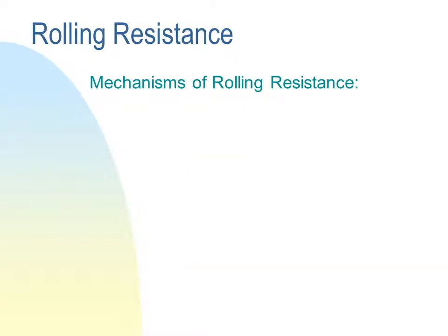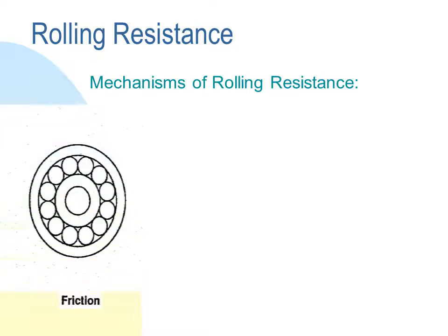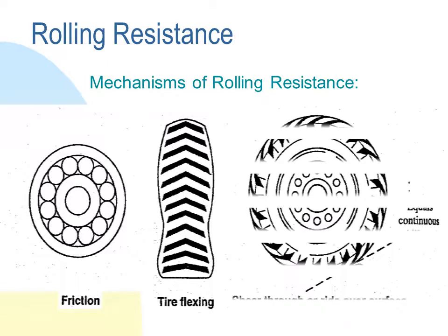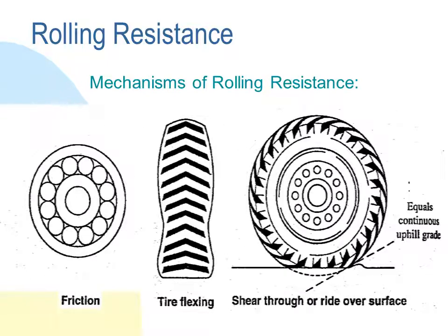So the rolling resistance has mainly three mechanisms. First is the friction, the internal friction within your car itself. Second is the tire flexing, the contact area between the tire and the ground or the surface it's moving on. And the third is the shear through or ride over surface. So this is mainly depending on the type of the surface, whether it's maintained or poorly maintained,